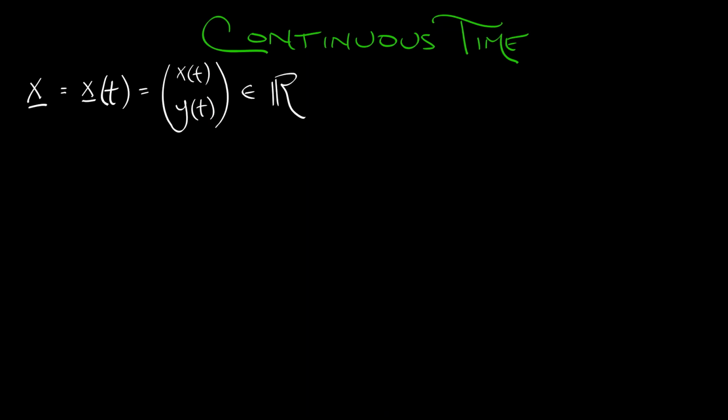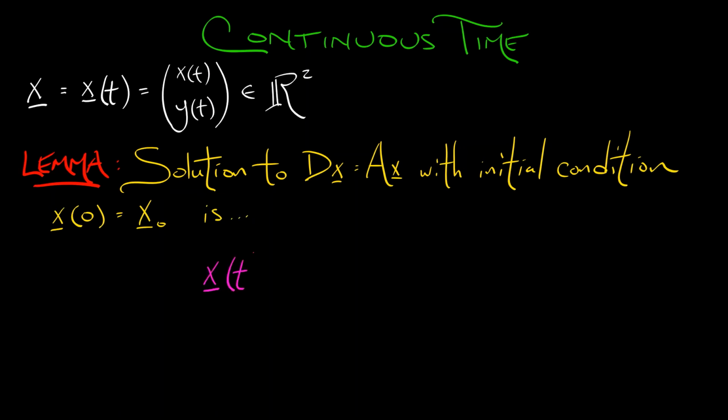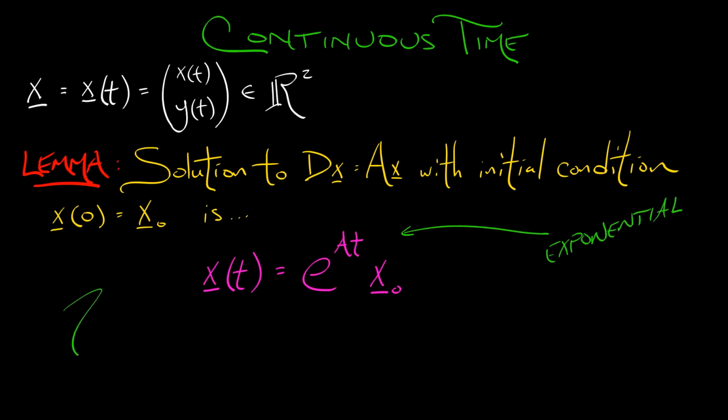I have our continuous time variable in R². Here's the lemma. The solution to the linear system Dx equals Ax with initial condition x naught is, let's see, how's this going to work? I need x as a function of continuous time. I need something that matches up with 1D. I don't know. Let's try e to the At times x naught, because A is like a constant, right? It's like a matrix of constants. Can I exponentiate A? Well, yes,